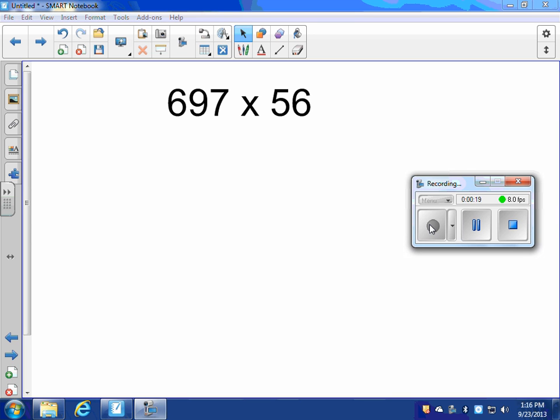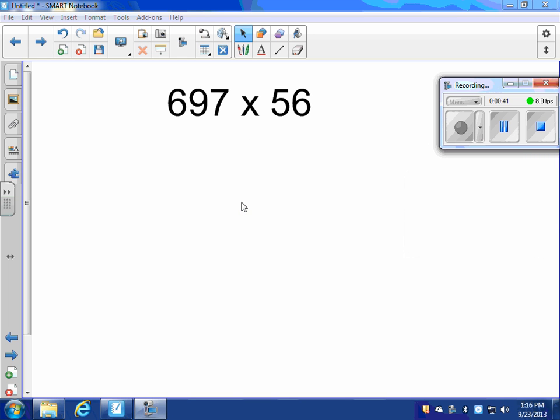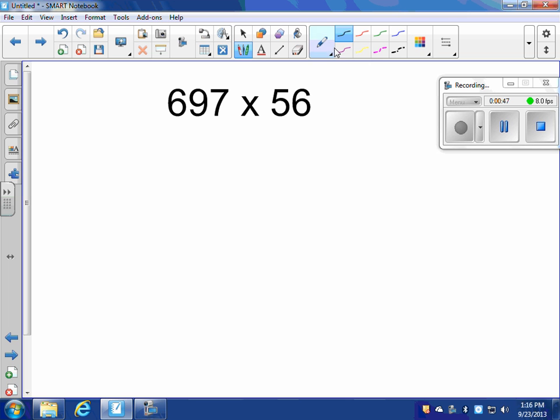Today we're going to be learning about 3 different methods for multiplication. We're going to learn the standard algorithm for multiplying a 3-digit by 2-digit number. We're going to learn the grid method, and we're going to learn the lattice method, which can also be called the gelosia method. So we're going to start with this problem, and the first method that we're going to discuss is the standard algorithm, or long multiplication. So to set this up,